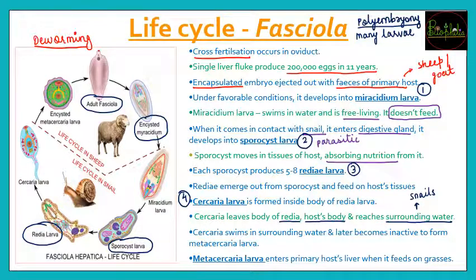And once that Cercaria larva is going to reach into the surrounding waters, they are going to freely move in that water. And now जैसे उनको न्यूट्रिशन वगैरह कुछ नहीं मिलेगा, because there is no host, and when there is no host, no nutrition, to conserve energy they are going to become inactive. And once they become inactive, they are going to form the next larva, that is called as metacercaria larva. So encysted मेटासीरिया larva, when it is going to be present in that water, तो वो पानी जो infected water है,